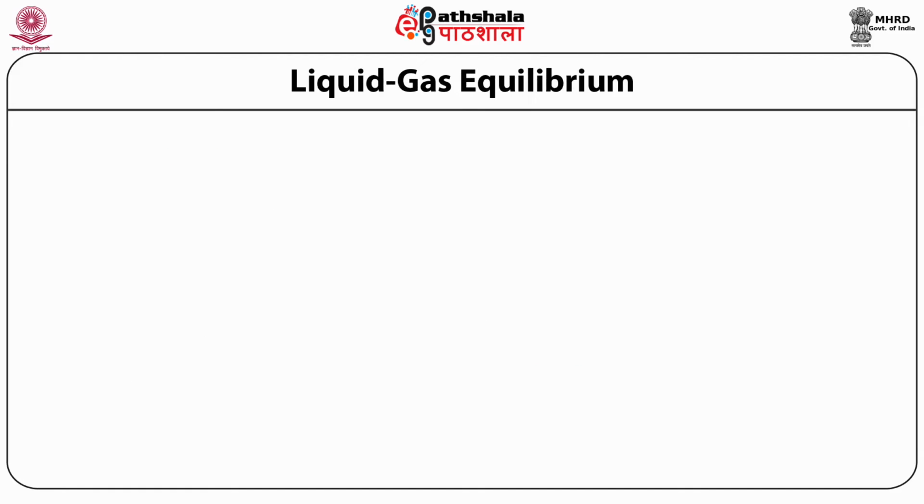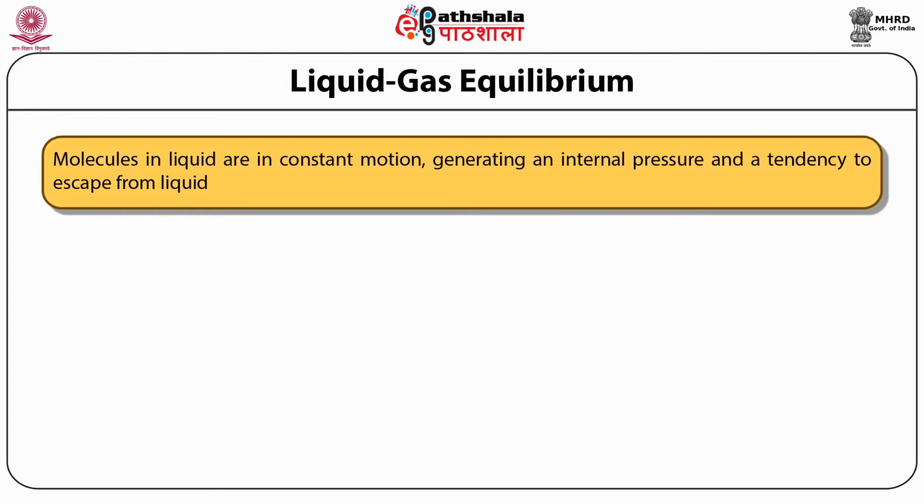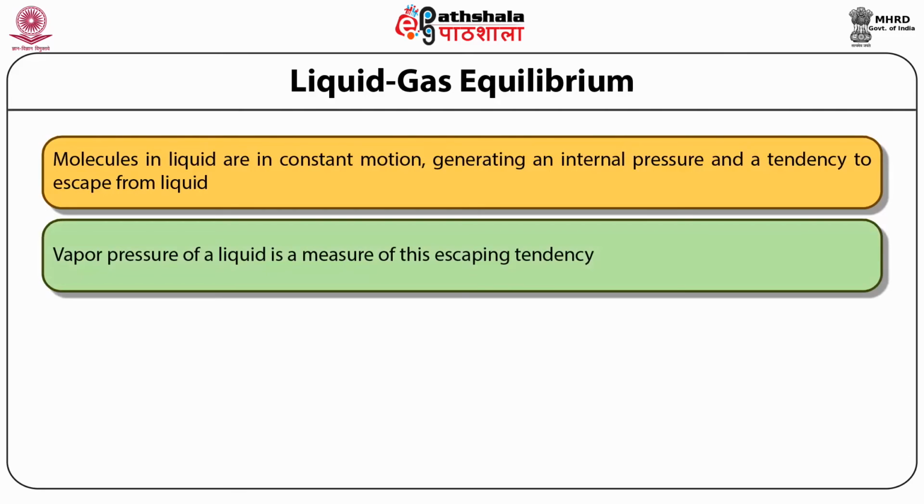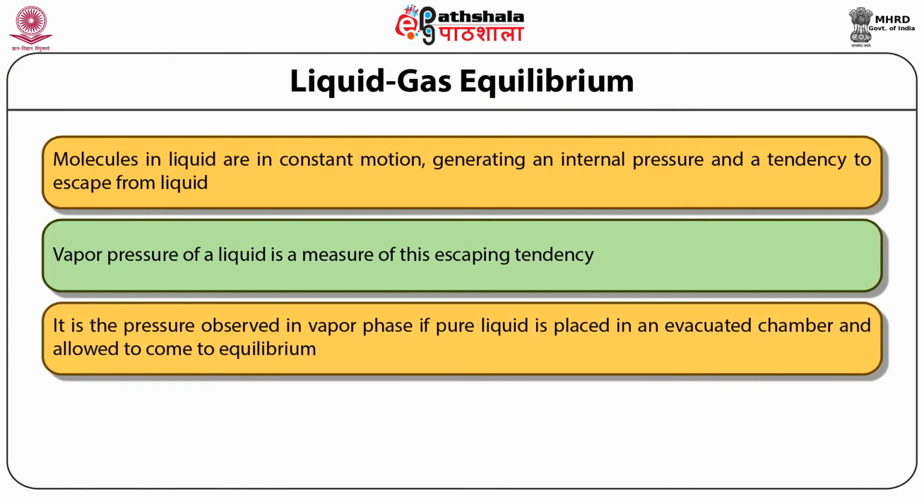Liquid gas equilibrium. All molecules in a liquid are in constant motion, thus generating an internal pressure and a tendency to escape from the liquid. The vapor pressure of a liquid is a measure of this escaping tendency and is the pressure that would be observed in the vapor phase if the pure liquid is placed in an evacuated chamber and allowed to come to